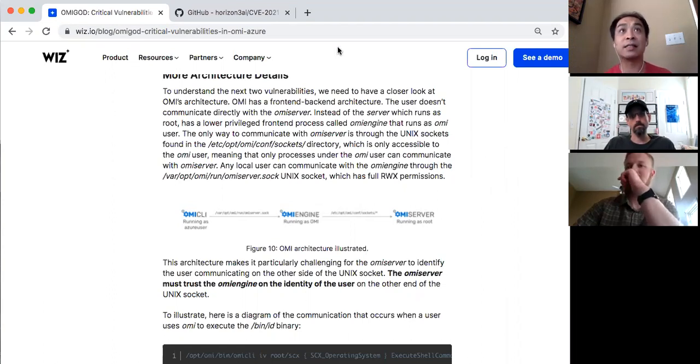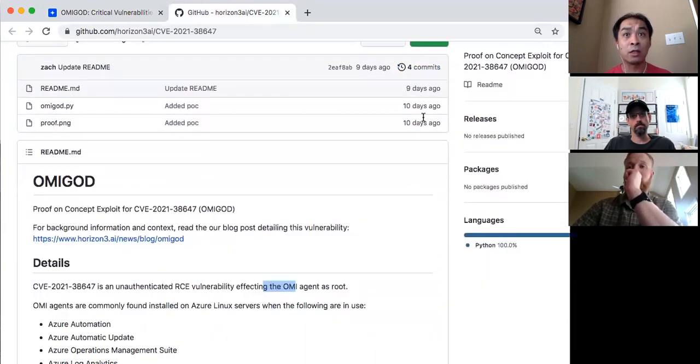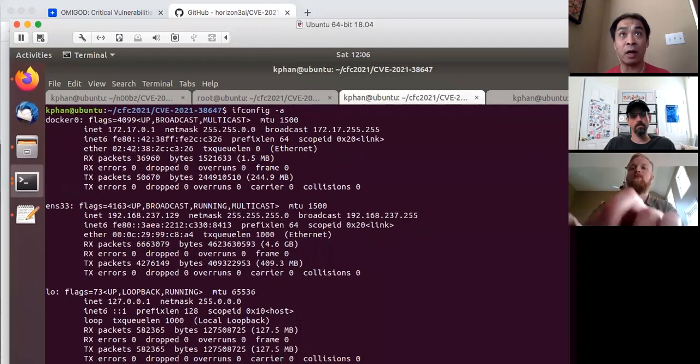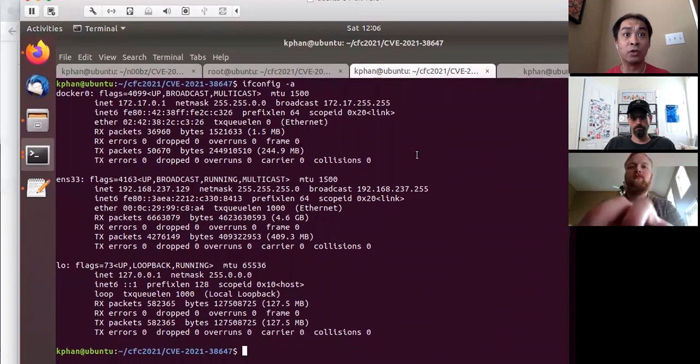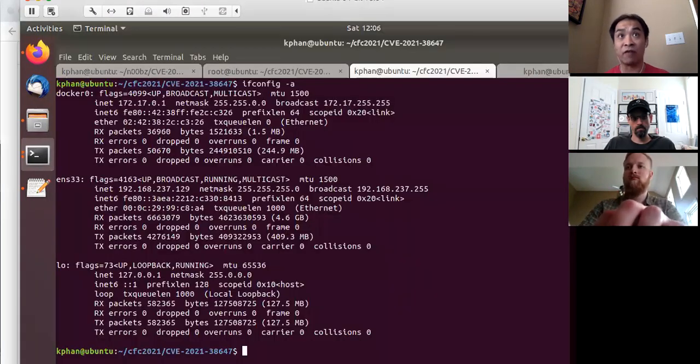So let's start. The exploit itself is from this Git repo right here. In my quick environment, I set it up on this Ubuntu box right here. This is the target machine, running Ubuntu, and my attack machine is this Kali Linux. First off, I have to get the IP address of the target machine. So it's